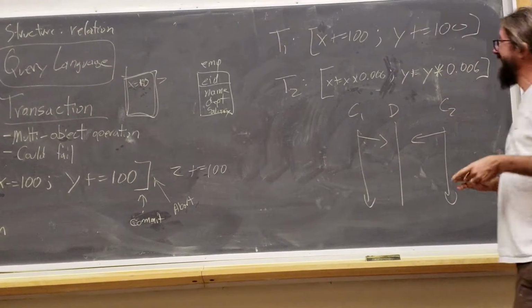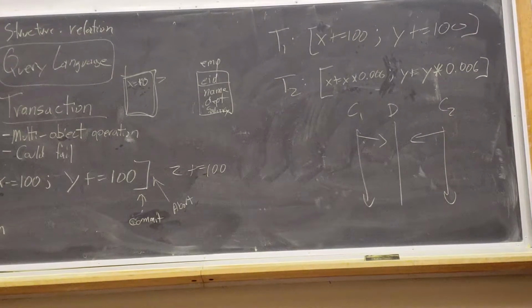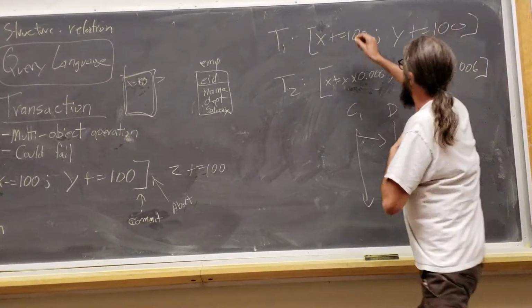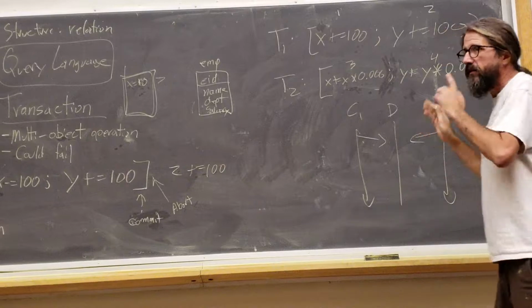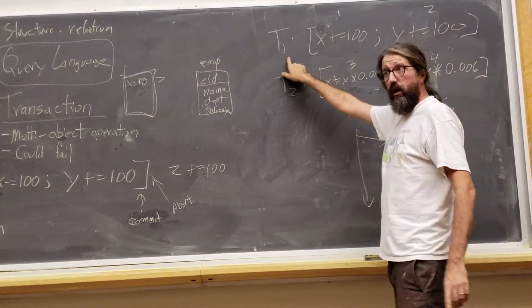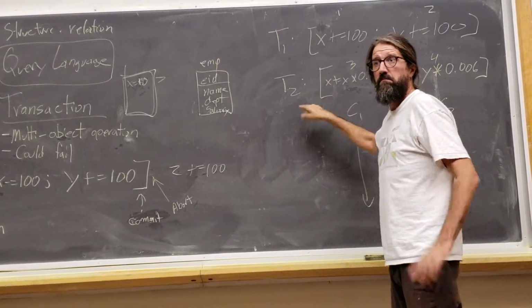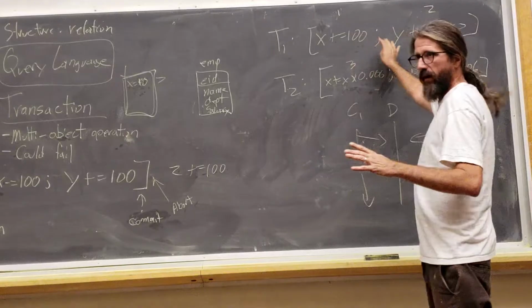Yeah. You don't want half of the interest calculation to happen, and then the raise happens, and then the other half, or right, the other direction. Yeah, so one way of saying that is like, this is copacetic, right? 1, 2, 3, 4. Right. And the intuition for why that's copacetic is because that's exactly the same as if T1 got a big lock and ran to completion before T2 began. We know that if you let things happen in a total order, everything will be all right.